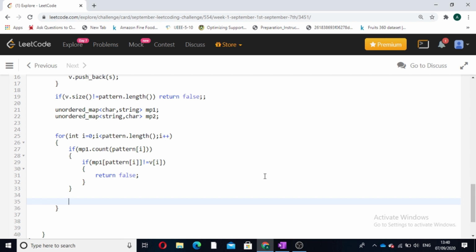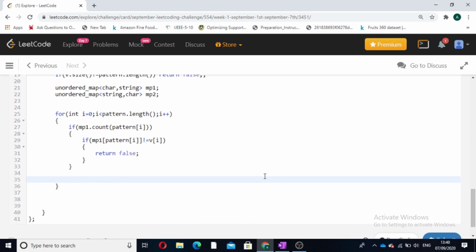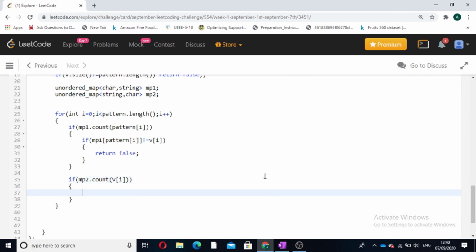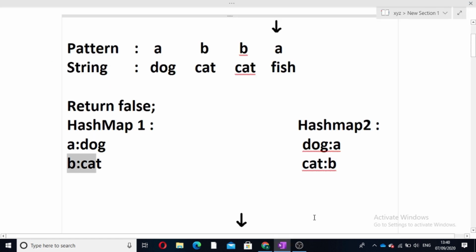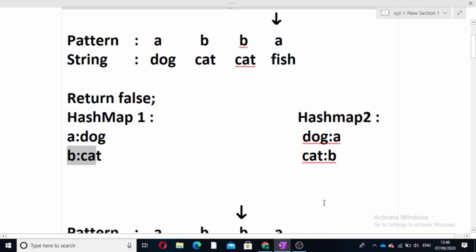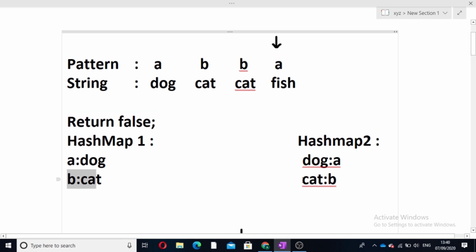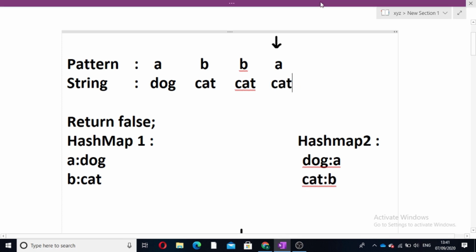This was the case when the value of a character is taken into account. Now we will check whether the string which was used as a value is present in hash map 2 or not. If it is present, we will check whether its corresponding character is the same or not. If it is not the same, then we will return false. Like here, cat is mapped to b in the hash map, but what if cat is also being mapped to a?